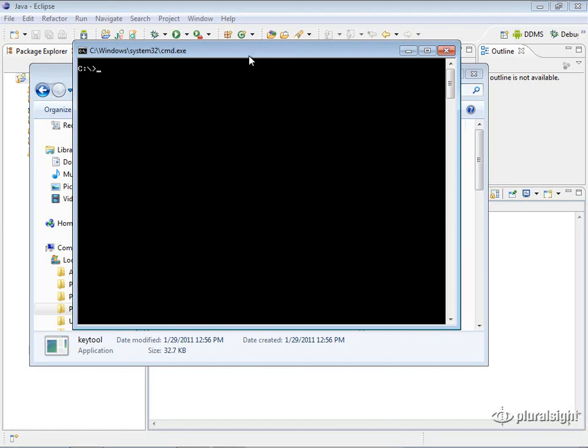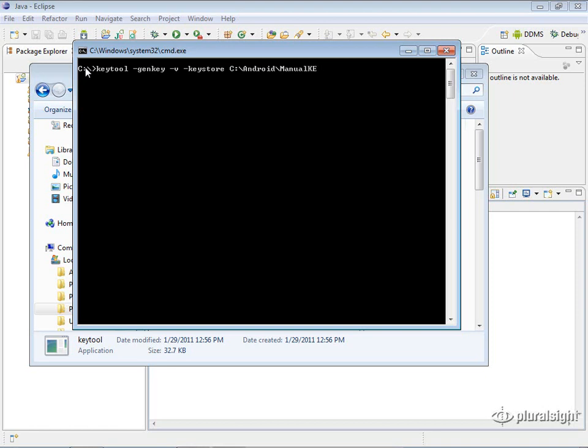Okay, so let's go ahead and use the keytool to create a key store and certificate. The way we do this is we are going to type keytool, and then we're going to type the command -genkey, which tells us that we're going to generate a public and private key there. -v for verbose mode. And then we're going to say what the name of the key store is. And actually this will be C:/Android, and we'll call this